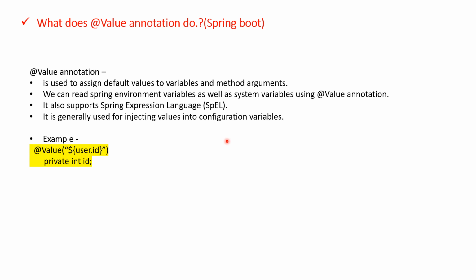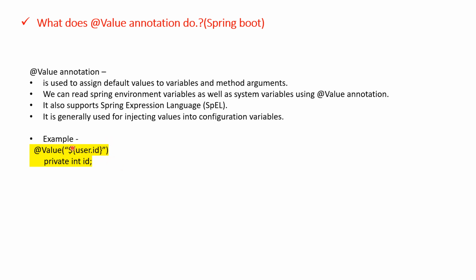So under that we'll have some information, and that information obviously has to be used in the classes. Wherever you want, in the controller or service, you have to import those variables. Whatever we have declared in the properties files, we have to get into the current class and use in the project. So at that time, if you want to use those environment variables or system variables, we can import them using this @Value annotation. So for example, in this way, user ID we have mentioned in the properties files as an environment variable. So from there, using @Value in this